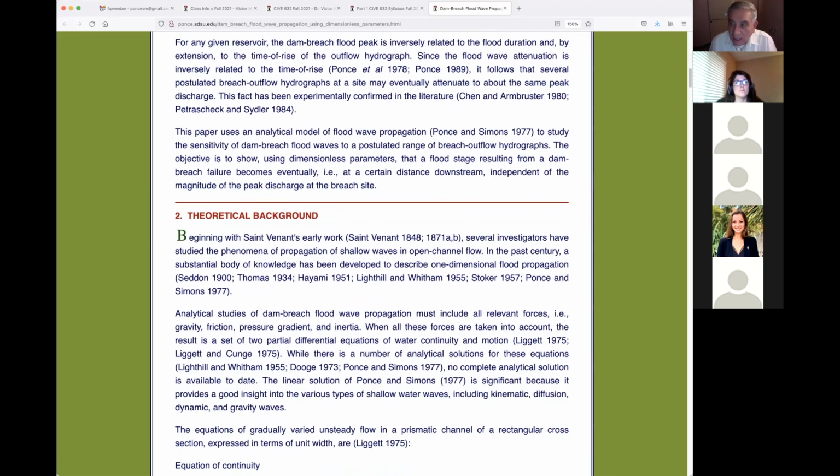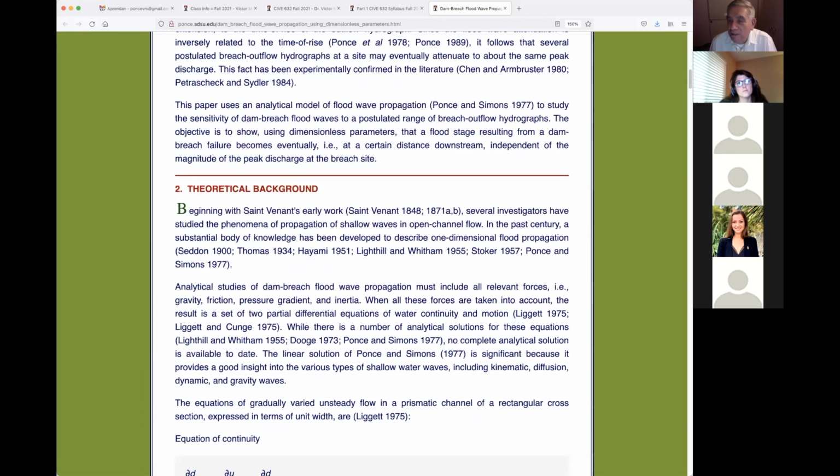So again, I reiterate that the issue of at what speed a compacted embankment fails has not been solved yet. So then we have to estimate. But the good thing about it is that whether you estimate 1 hour or 2 hours or 3 hours, you get 3 different peaks. But those 3 different peaks are going to meet downstream. So if you were to do this calculation and figure out where they're going to meet, because you can with